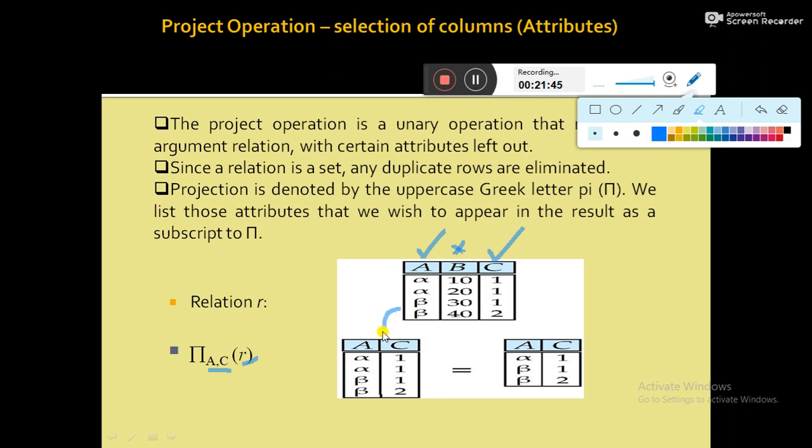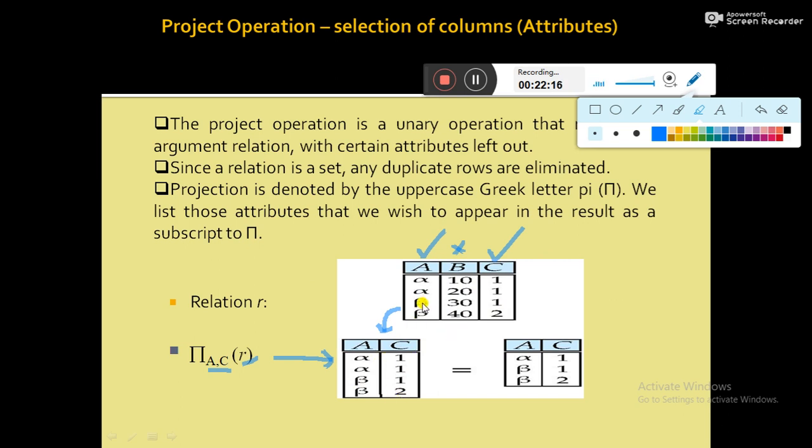So once you write the command pi A comma C of R, we will get the relation. Projection operation is performed on R, fetching the A and C attributes. So A and C are retrieved and B is omitted. And another point is that the values alpha 1, beta 1, beta 2 are all there. Now since a relation is a set, duplicate rows are eliminated.